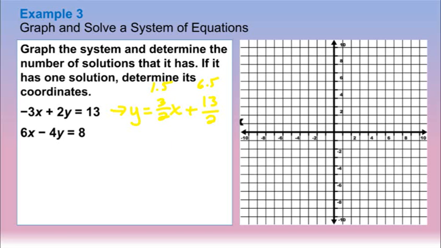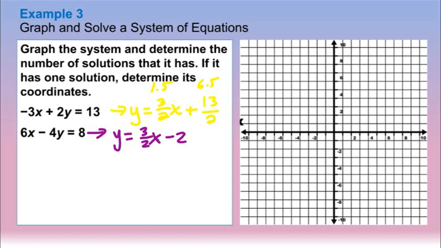And the other one here, rewrite this one, it would be y equals, I subtract 6x, and then divide by -4, which would be a positive 3/2 x. And 8 divided by -4 would give us a -2. So if I plot these on my graph here, so I have